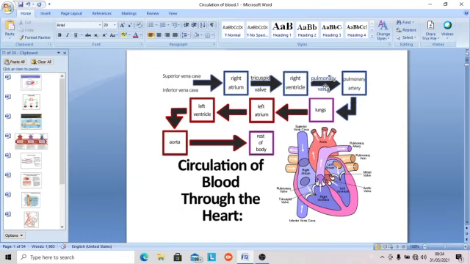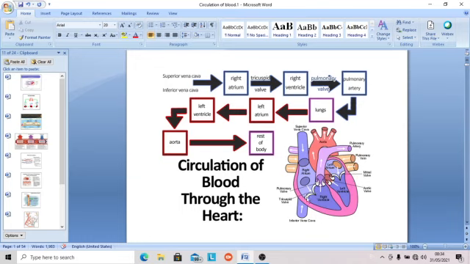Through the pulmonary valve, it goes to the pulmonary artery, and then to the right and left sides, and it will perfuse the pulmonary circulation and go to the lungs, get oxygenated there, and come back by four pulmonary veins, two from the right lung and two from the left lung. The four pulmonary veins open directly into the left atrium. There are separate openings, and it is pure oxygenated blood.